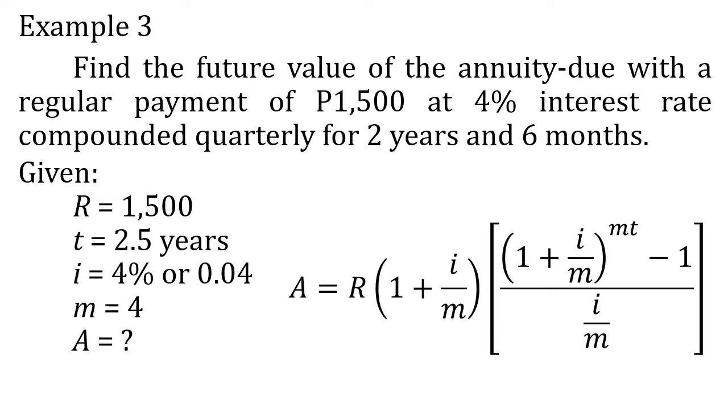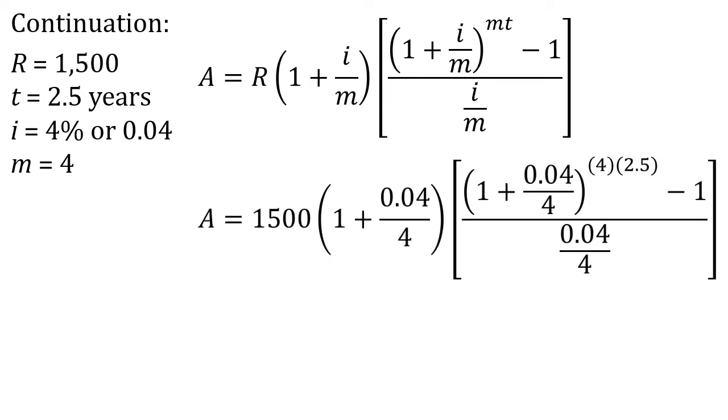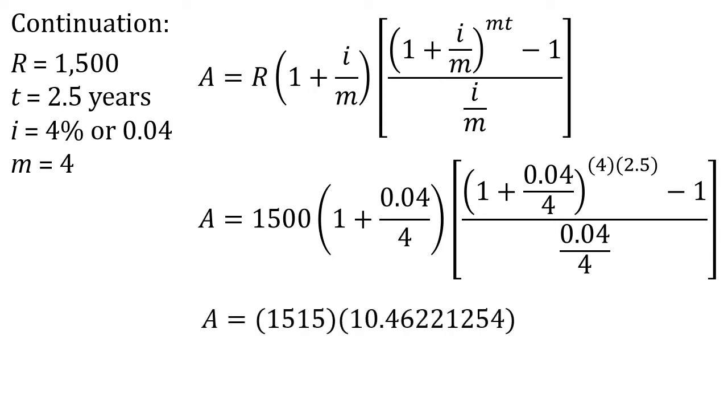For the continuation, substitute the values of R, T, I, and M. So now you're going to have A equals 1,500 times (1 plus 0.04 over 4) times (1 plus 0.04 over 4) raised to 4 times 2.5, minus 1, all over 0.04 over 4. So here, on the first part, when you get the product of 1,500 times (1 plus 0.04 over 4), that's